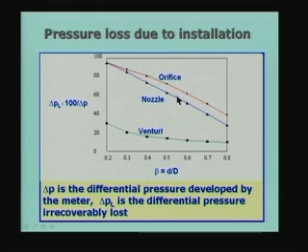But if you remember what I said earlier, the orifice occupies the smallest length, the nozzle is next to that, and of course the venturi requires a large length for the installation. So, if you are particular about the length of the installation, then you can go for the orifice, but then you have to sacrifice the pressure loss. The other point is that the nozzle and the venturi both have a very high coefficient of discharge compared to the orifice, and that is a plus point for them. The coefficient of discharge is higher and the variation is small, whereas for the orifice it is a very large variation, starting at about 0.6.